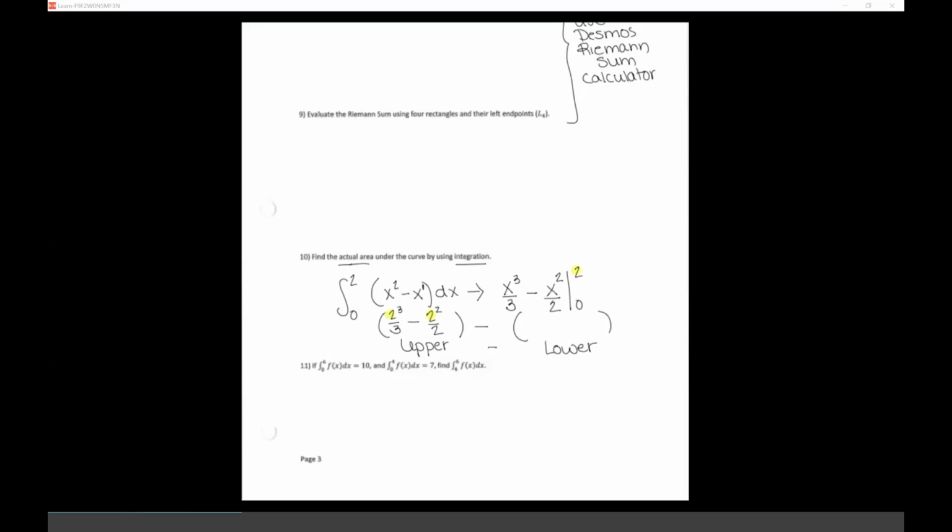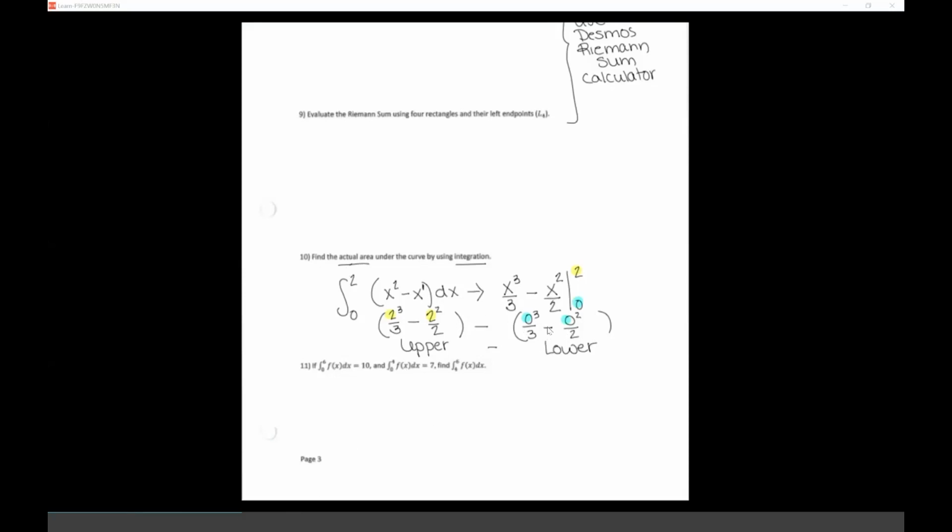Okay. And then for the next part, I'm going to plug in my lower bound, which is 0: 0 cubed over 3 minus 0 squared over 2. Again, just to get an idea of what I did, here's the lower bound, and here's where it's plugged in to the antiderivative. Okay, now you can take your calculator and just enter this in the way it is,